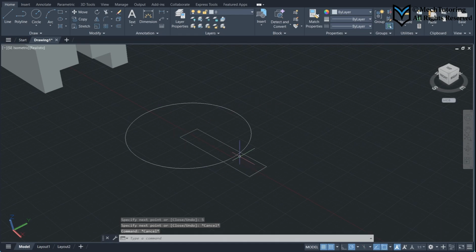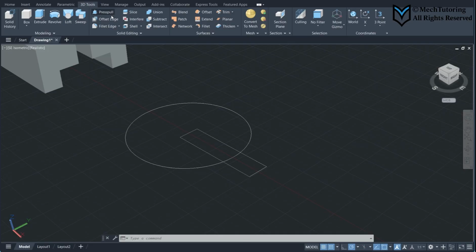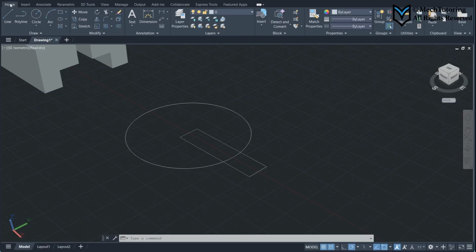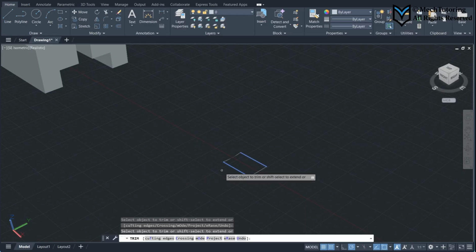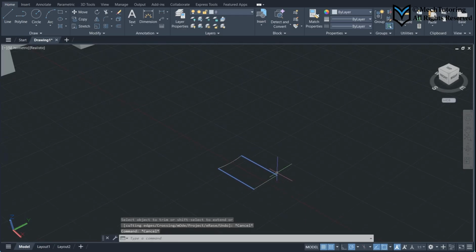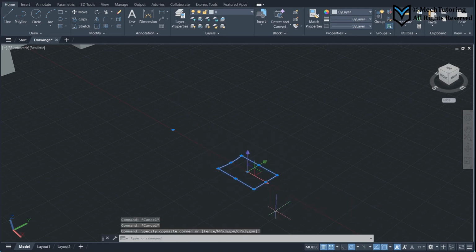Now this is the geometry of the wedge over here. We are going to trim the rest. So I'm going to go trim, not here, it's in home. So that's trim. Trim this edge, this, that, this, not that, bring it back, this, okay. So you can see that the base of the wedge is created. So I'm going to select that and type in join. It's one piece now. Now I will go to extrude